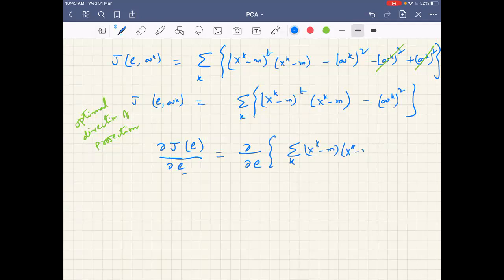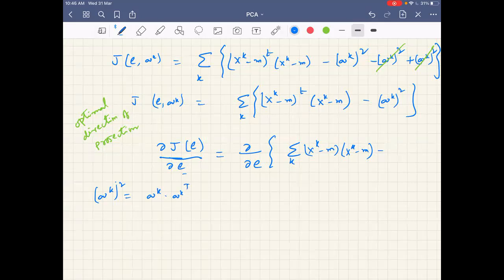So now how should I substitute? AK square is there. Okay, so what should I write here? AK square I want to rewrite in terms of E. How should I do it? Any idea? I can write it as AK into AK transpose. Yes or no? AK into AK transpose. AK is a scalar, no sir? Yeah, I know it is a scalar.